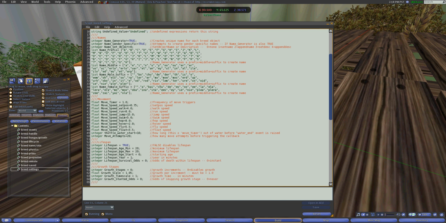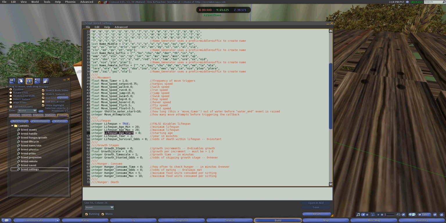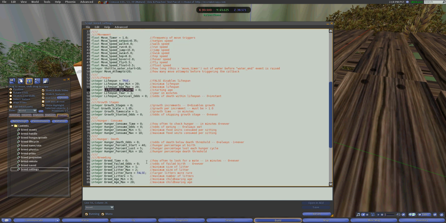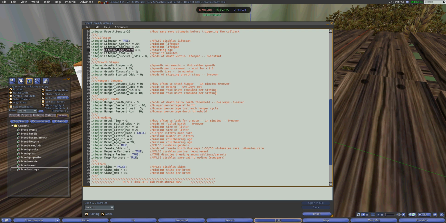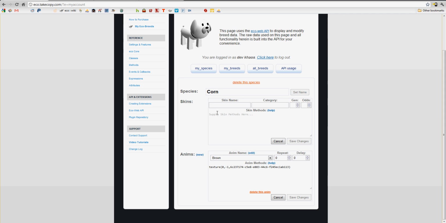It'll start at the age that you set it at. It'll start at the first growth stage. It'll have the starting hunger, all the timers for breeding and hunger and lifespan and everything reset. Your skins will be reapplied. It'll give a fresh, new skin based on the parameters that you set here in the skin section,